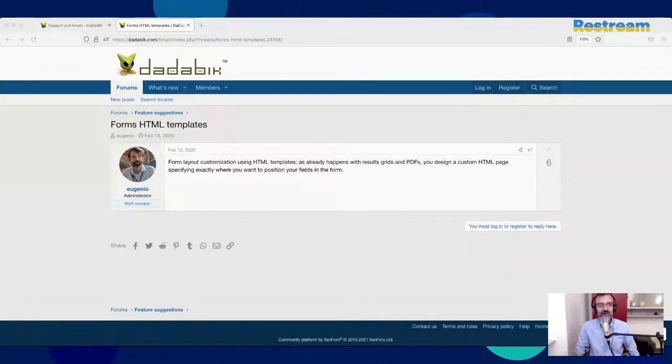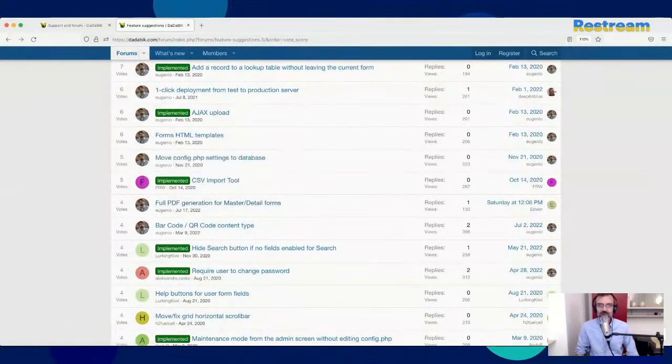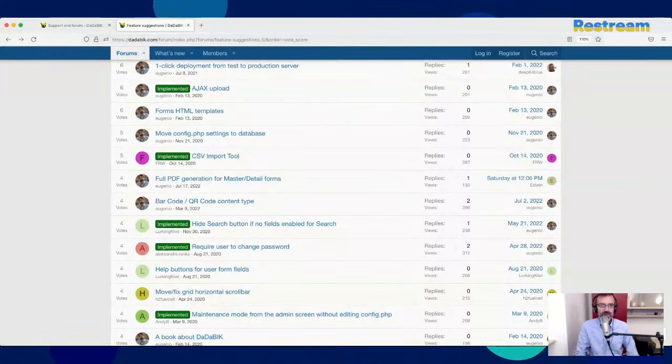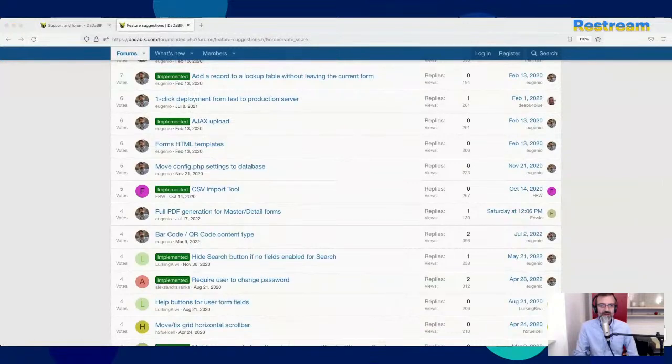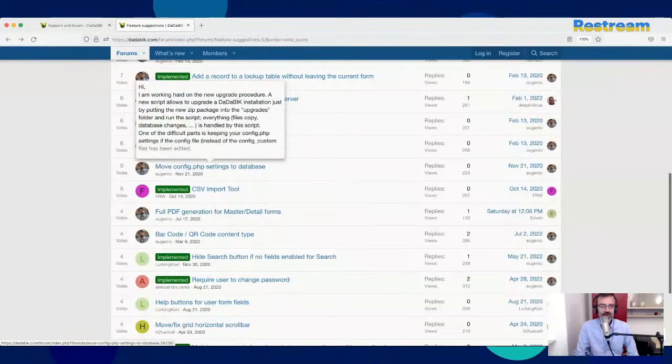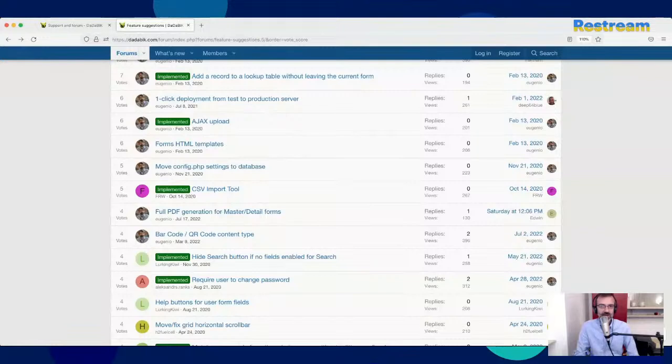So yes, as Edwin says, Excel, exactly. As Edwin says, probably it's not a priority. I mean, it's one of the most voted features here, but I'm not sure it's a priority. So probably this one won't be implemented. Instead, this one will be one of the first I will implement.